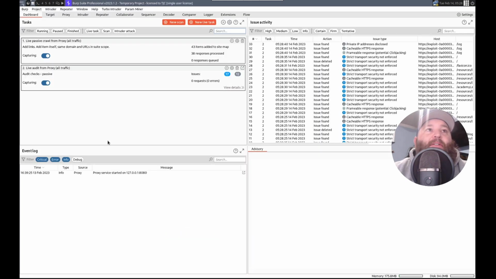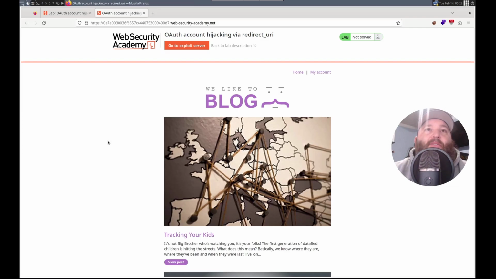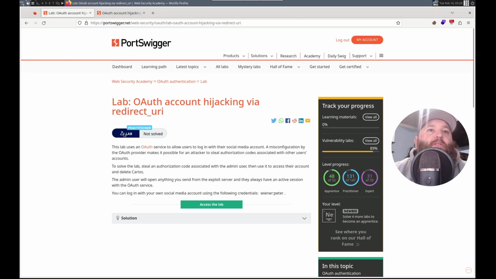Do I have any idea of how to do it? I think so. It was the redirect URI. Let's read the notes. Slab uses the password and steals the OAuth code with other users' codes. Okay. So I think what we need to do is